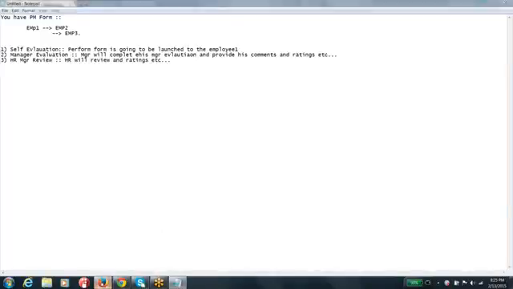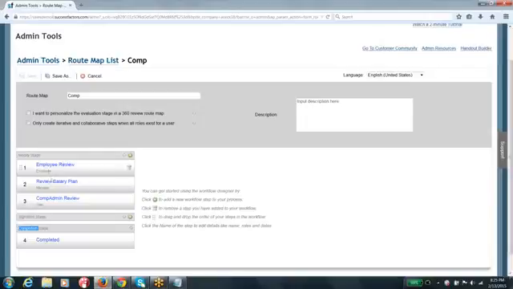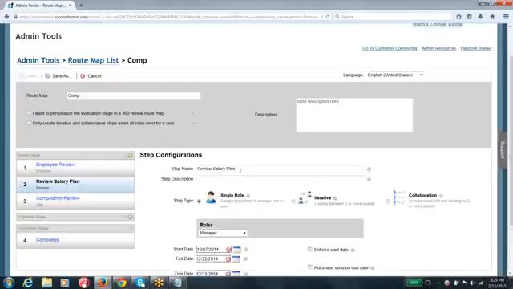And let me show you here in the system. You can see usually all these steps, wherever you need people's attention or you need people to work on that particular form actively, you are going to keep those steps under the modify stage. Here you can see employee review, and here you can see review salary plan.